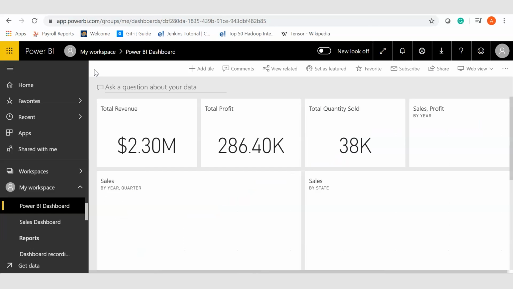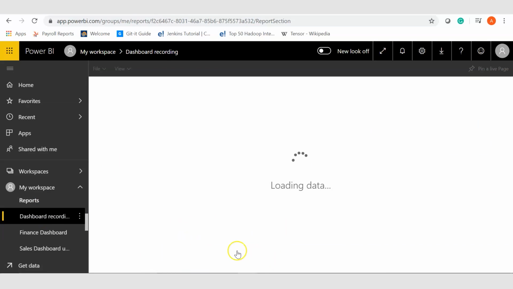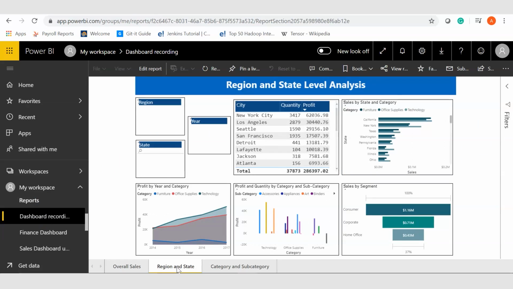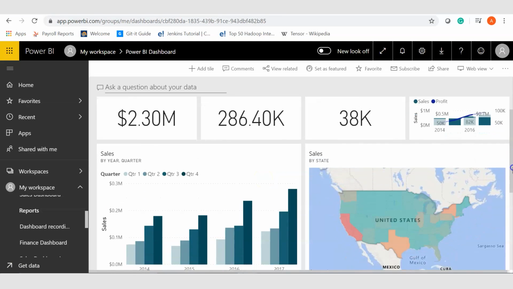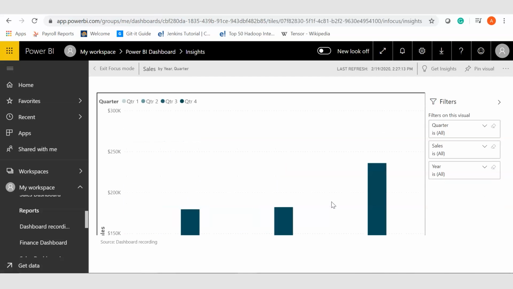Go back. Now, if you want, you can go to the report menu, and you can pin the other visualizations as well. So another important feature about Power BI dashboard is that you can derive insights from the visualization. For example, if I click on these dots, there's an option you find, View Insights. I'll select it.